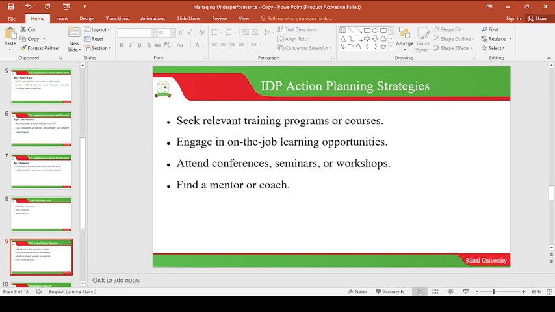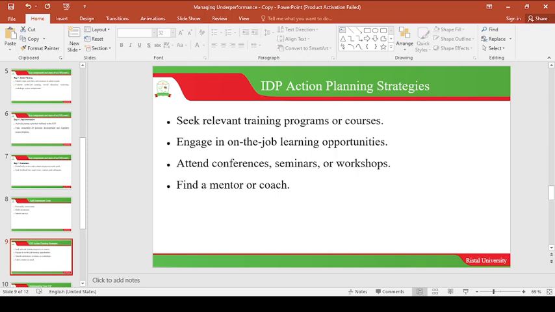The next one is to attend conferences, seminars, or workshops. Because in conferences, seminars, and workshops, you find experts, people who have experience. You interact with very many people, and then you will easily get an idea of which course to do based on the interaction you have at the seminar.